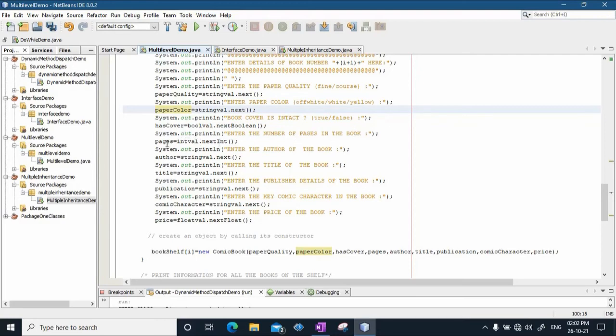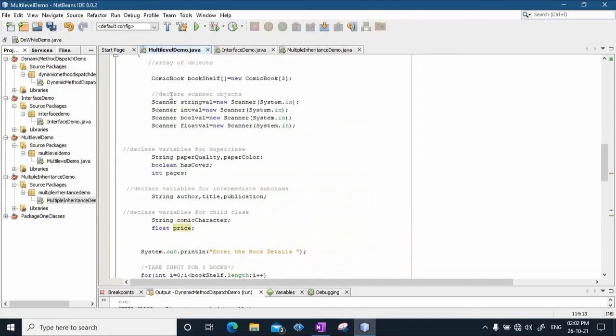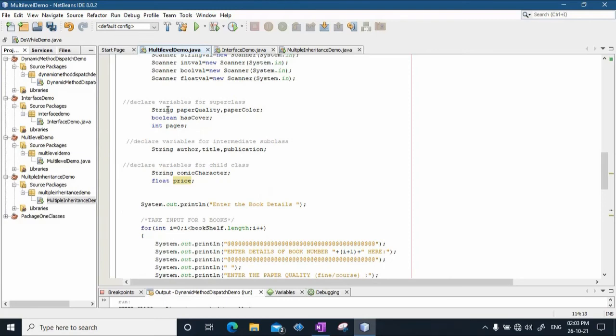The pages will be stored in the pages variable, author will be stored in the author variable, title of the book will be stored in the title variable, publisher details when asked will be stored in the publication variable. Finally, which comic character, it will be stored in the comic character variable, and finally price will be stored in the price variable.